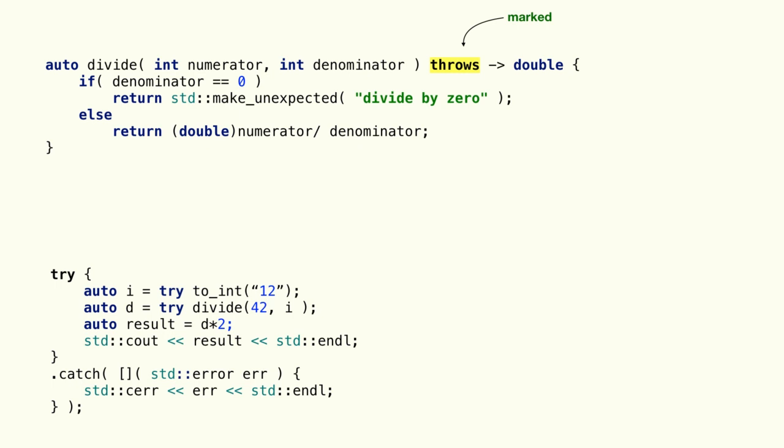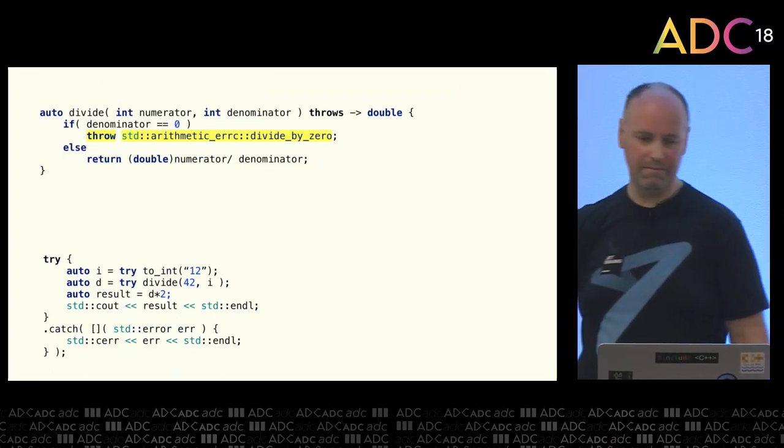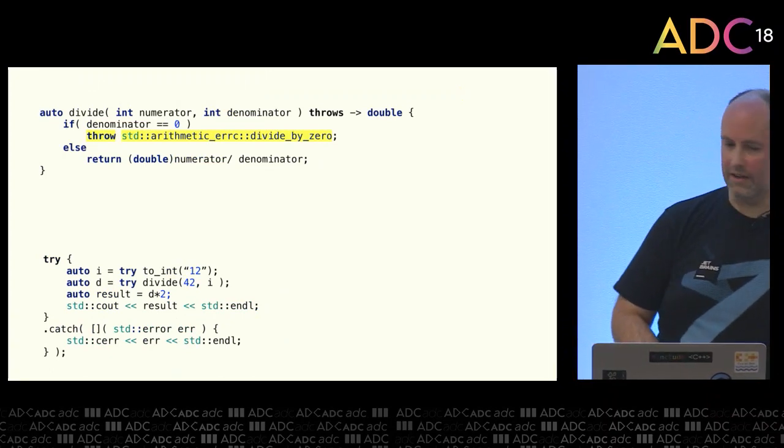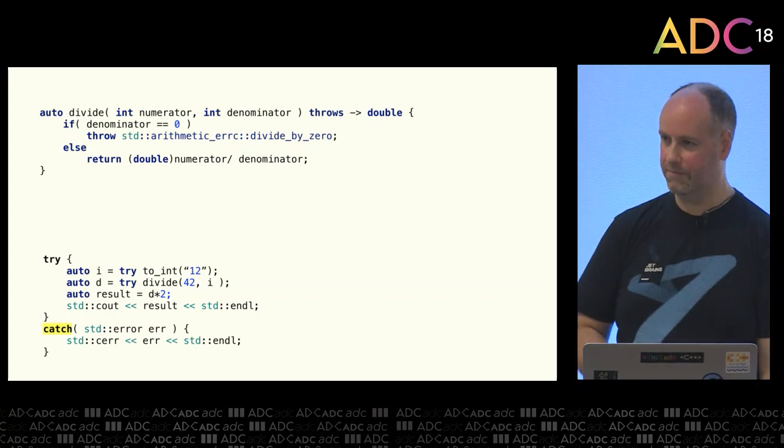And because now we've marked our function throws, the compiler knows anything in that function, we can use this new style try. Remember I said contextual keyword? That means this new thing. That's the idea here. And instead of returning make unexpected, just do throw. Again, it's just going to translate it for us. And while we're at it, instead of having that function catch at the end, let's just make that a keyword as well. Just map back to the same thing.